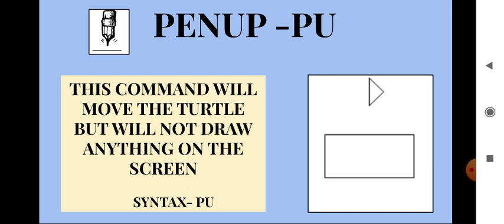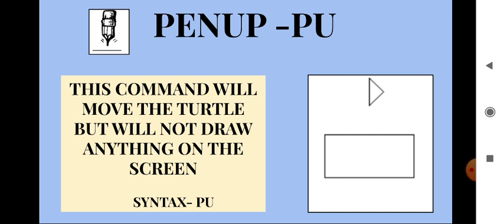When we give this command, PU, it lifts the pen up and moves the turtle but will not draw anything on the screen. For this we use the syntax PU for pen up.